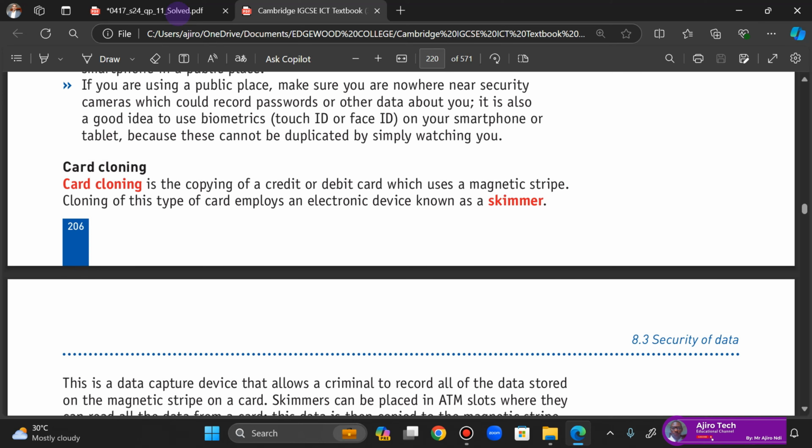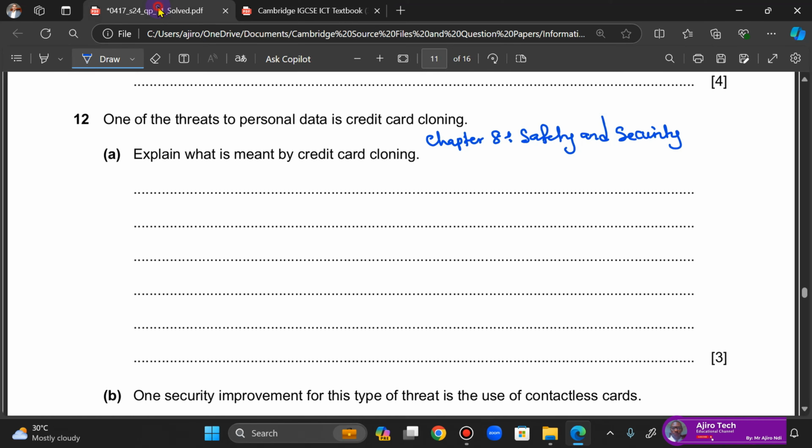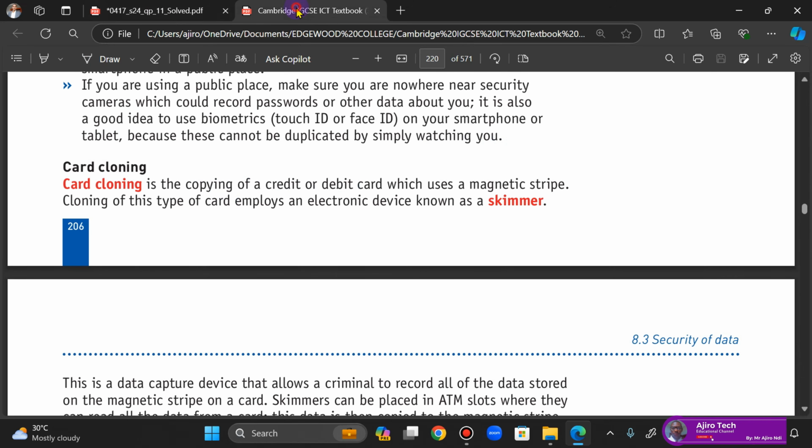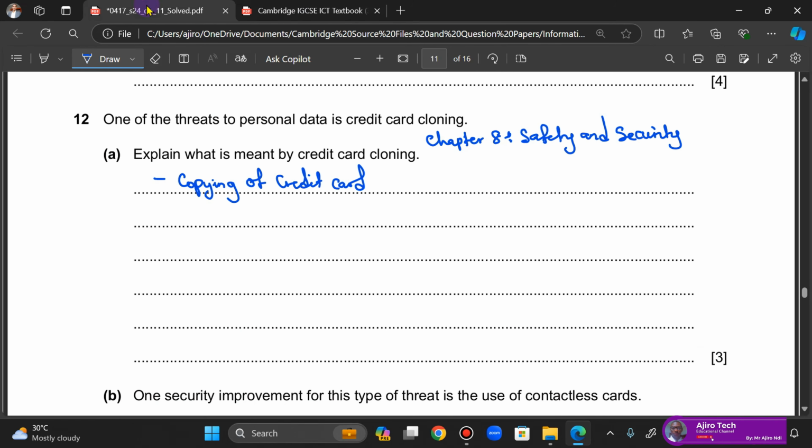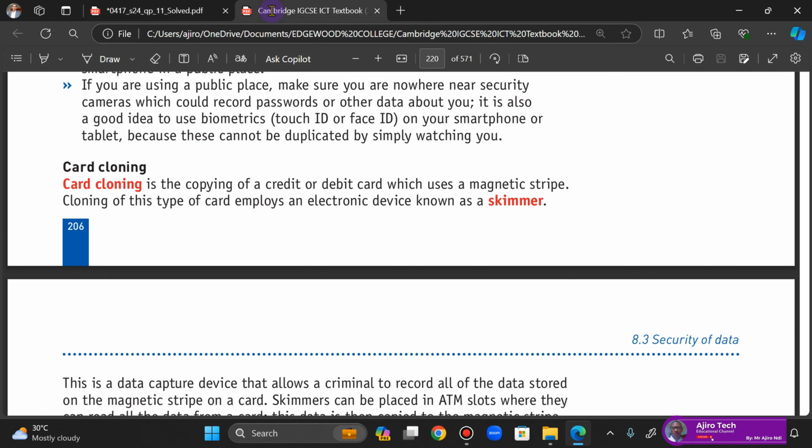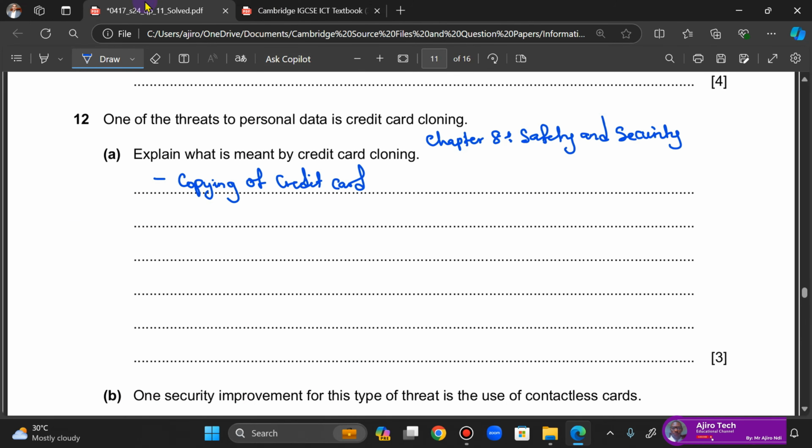It is the copying of a credit card, which uses a magnetic stripe,